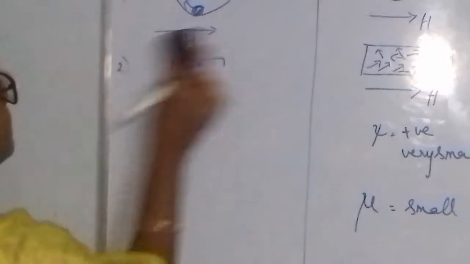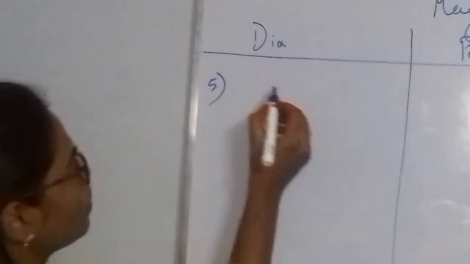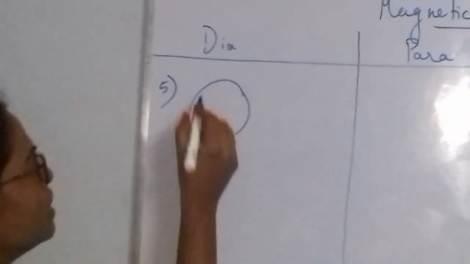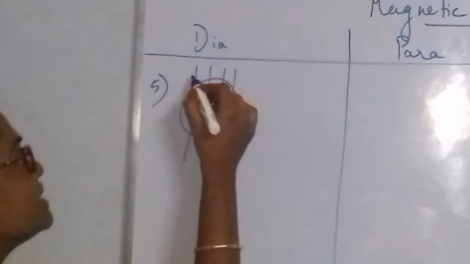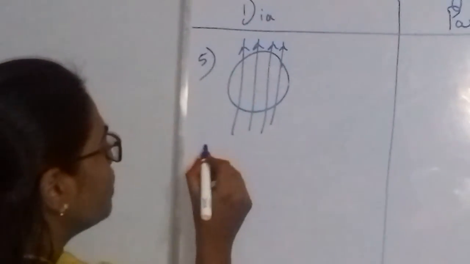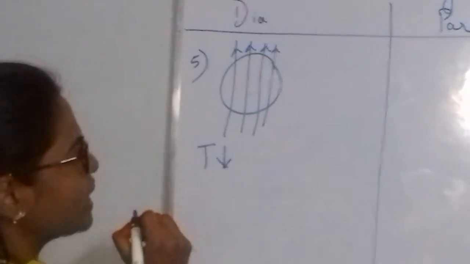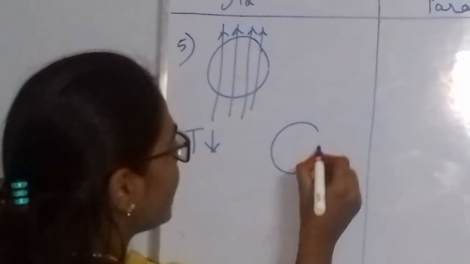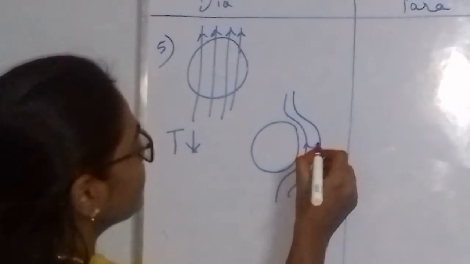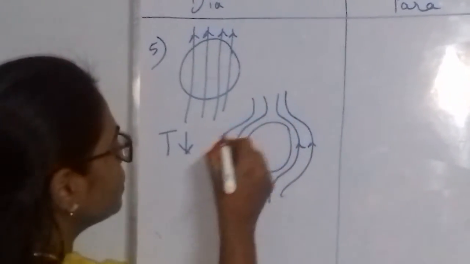Okay. Now the next point is, what will happen to this material when temperature is applied, the temperature effect. Let us have a material. This is not a diamagnetic material. Initially the flux lines pass through the material, so it is a ferromagnetic material. Now if the temperature is reduced, what happens? Slowly the flux lines expel out of the material, slowly come out of the material.